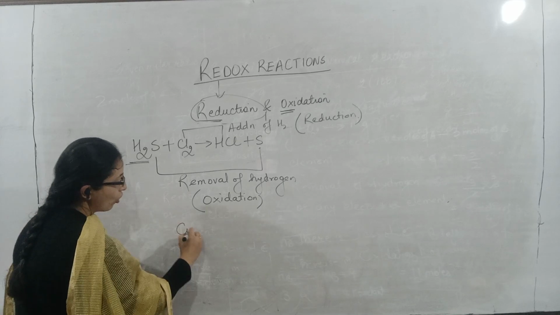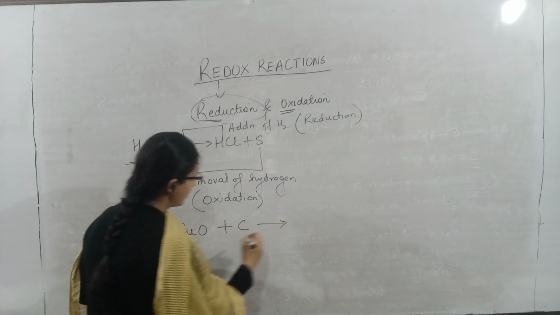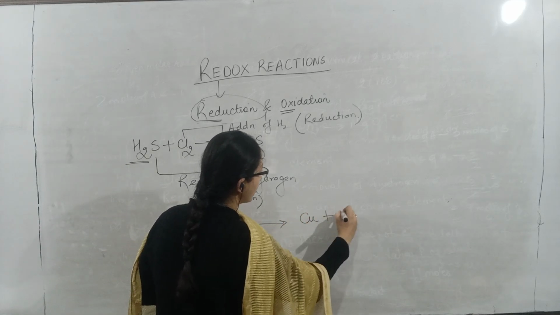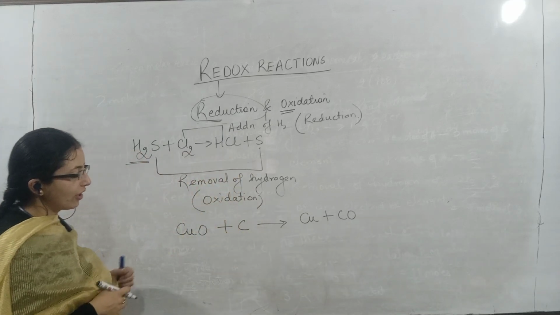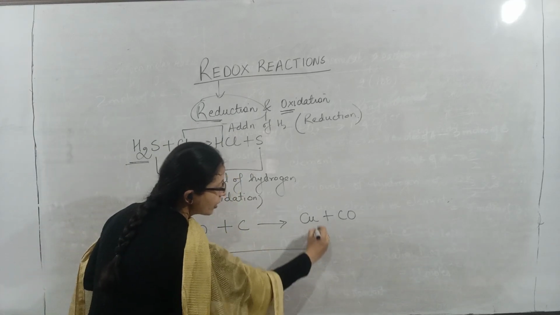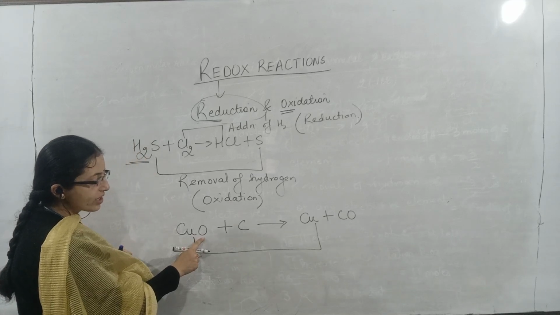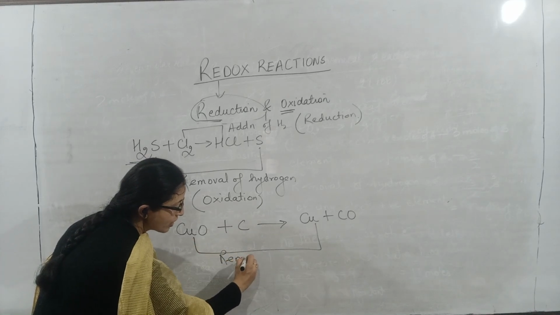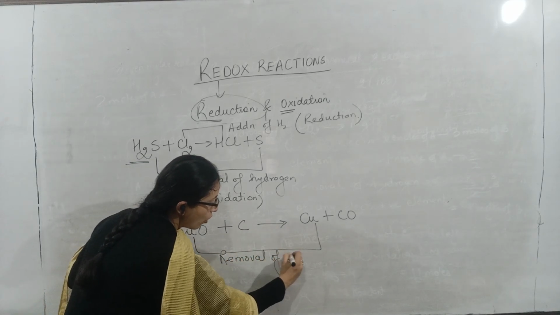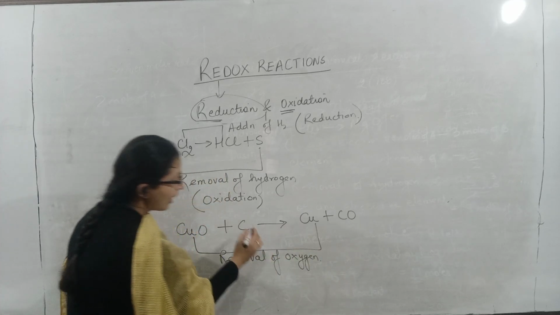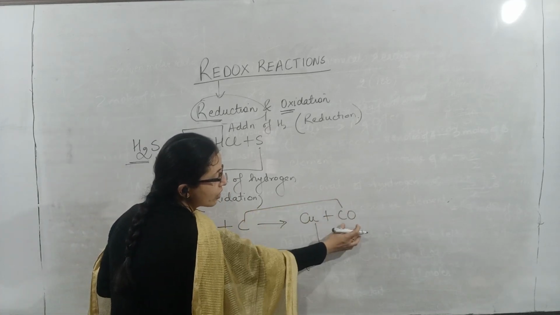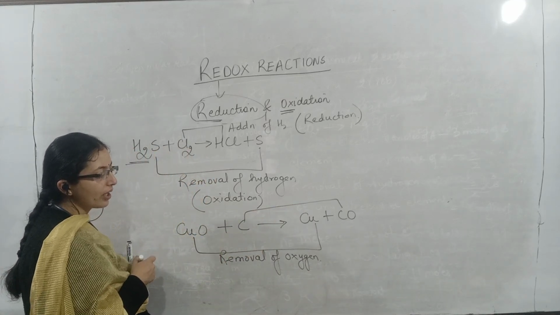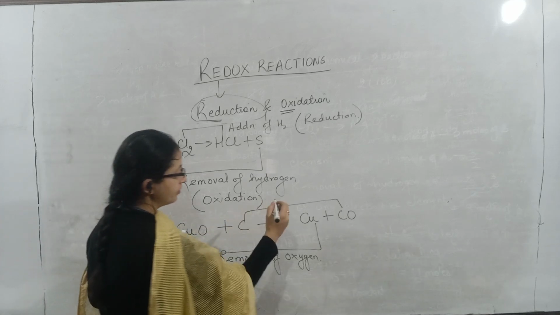Okay, likewise copper oxide plus carbon क्या बनता है? Copper oxide converts to copper and oxidizes carbon to CO. Now we can see copper oxide is converting to copper. क्या हो रहा है? ऑक्सीजन था कॉपर ऑक्साइड में, अभी कॉपर में नहीं है, so there is removal of oxygen. Removal of oxygen is taking place. ठीक है, and carbon is converting to carbon monoxide CO. So as we can see कार्बन में ऑक्सीजन ऐड हो रहा है. ठीक है, कार्बन